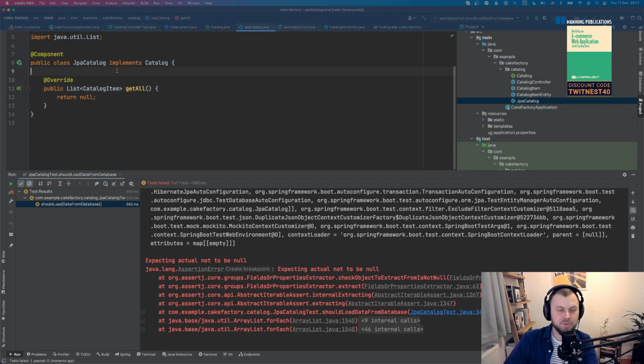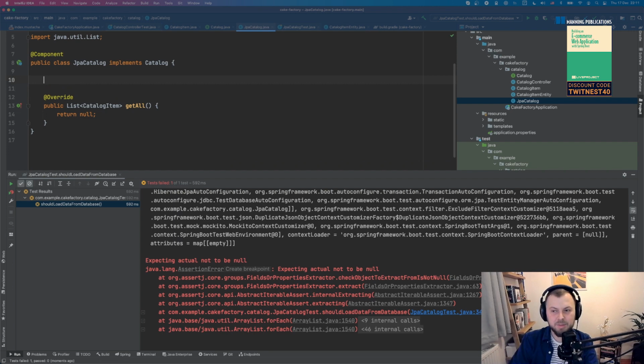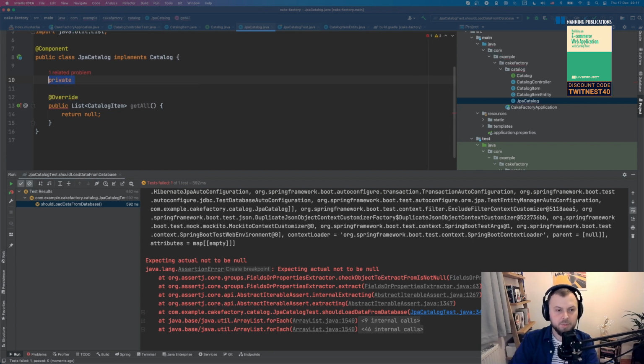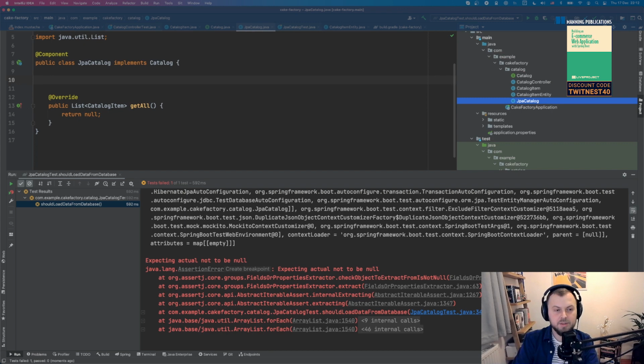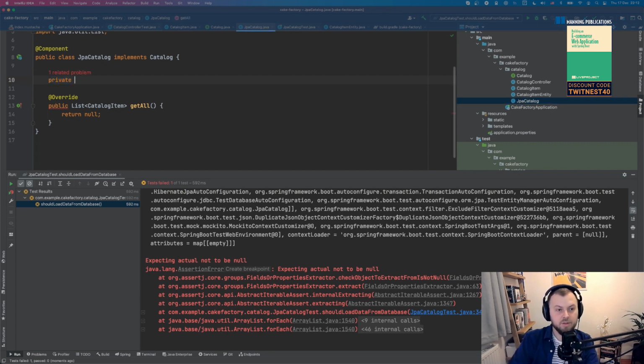So now we want to say, okay, we want to access the database and we want to get the data from there. So again, let's use constructor injection and then inject a special type, and the special type is actually a repository. And the repository is a concept from Spring Data JPA. I'm going to show it in a second, basically how it works.